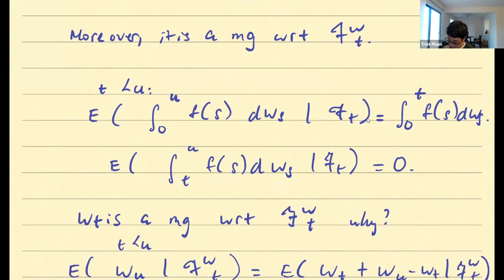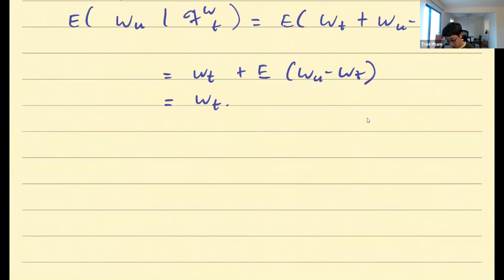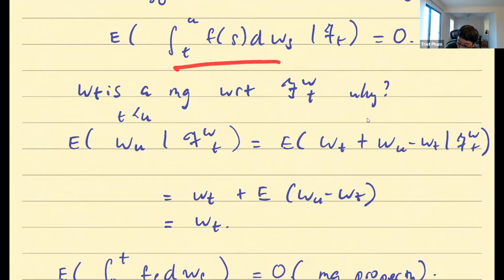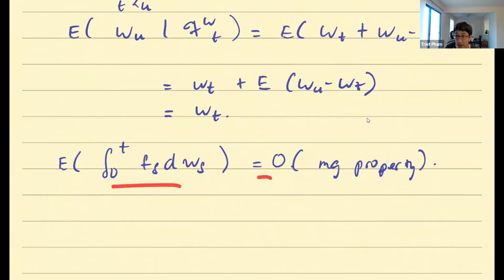You know what? Let me throw this in so that you can do some work, and we do the differentiation next time. So some other properties. The expectation of the Ito integral will be zero. This actually comes from the martingale property. This is very easy. Because the expected gain is zero, you should not be surprised that the conditional expected gain is zero too.